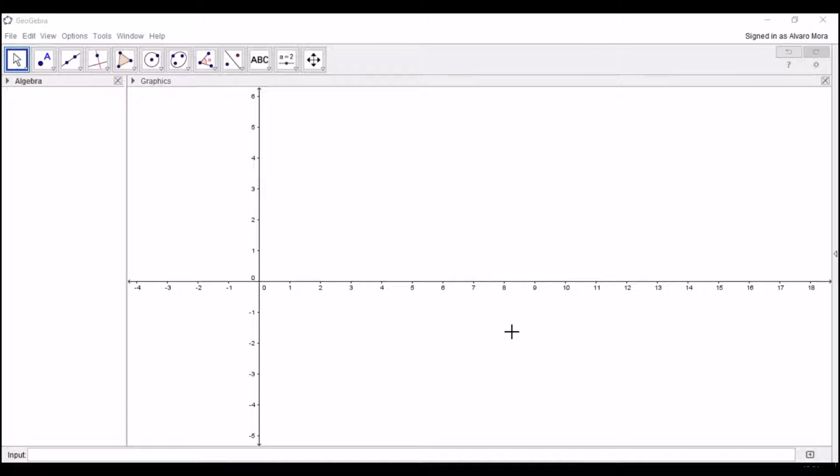Now let's speak about the program. When you open Geogebra, this is what you find. You will find up here the menu with different options, the tools that you are going to use for constructing your figure, the algebra window, the graphics window, the input bar that you are going to use to introduce equations, declare variables, etc. And here you have an arrow that if you make a left